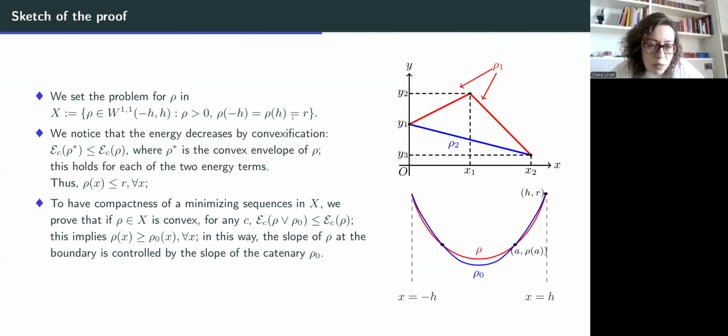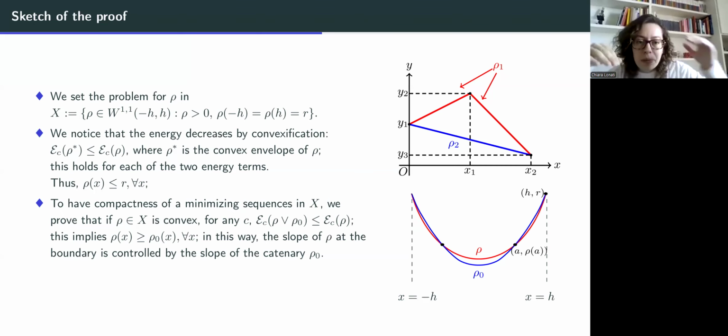We worked in the space that I was saying before, so W11. And there are mainly two remarkable things. The first is the fact that the energy decreases by convexification. So as you can see here, if we work, for example, with piecewise affine functions, we take a piecewise affine function ρ1 and its convex envelope ρ2. We can see that the energy developed by ρ1 is greater than the energy developed by ρ2, and so it is energetically convenient for the eventual minimizer to be a convex function, because in general the convex envelope of a function develops less energy. And so this tells us that the eventual minimizer will be a convex function, so it will always lie